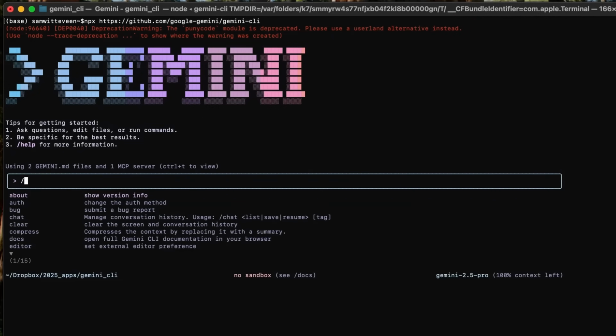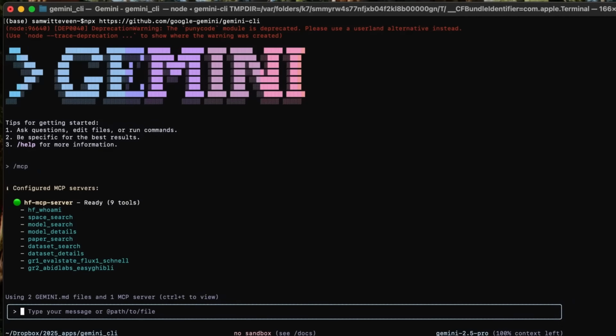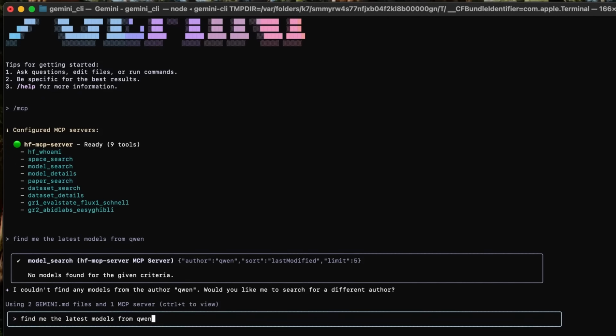And this is because I've just added the Hugging Face MCP server here. And you can see that with the Hugging Face MCP server, I've got model search, I've got space search. I've also added into the Hugging Face some actual image generations. So if I wanted to use those for generating, etc. Let's just do a quick search. Let's try to find me the